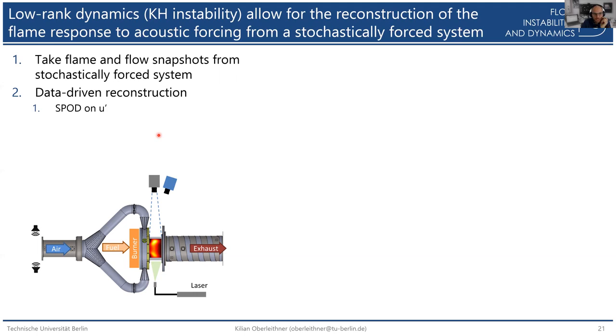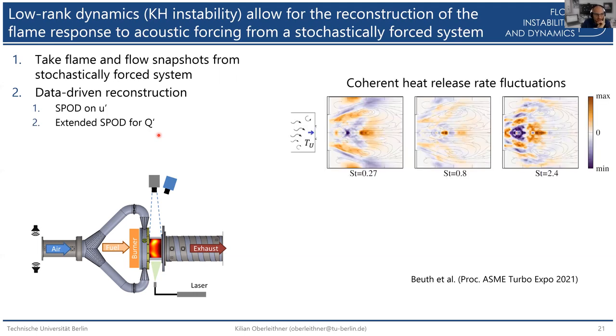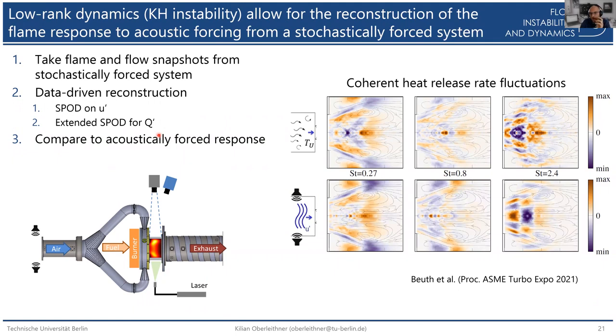We did a spectral POD on our velocity field. Then we did an extended SPOD to recover the heat release that is correlated to the velocity fluctuations. And then we compare this with acoustically forced phase-averaged data. Okay, so the bottom row here is our ground truth, and the top row is our